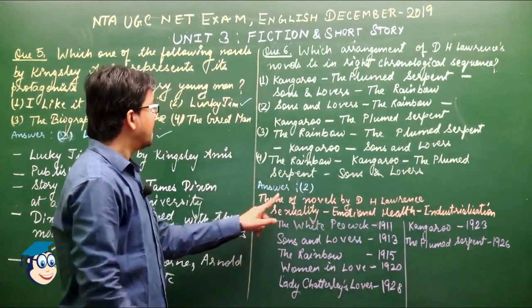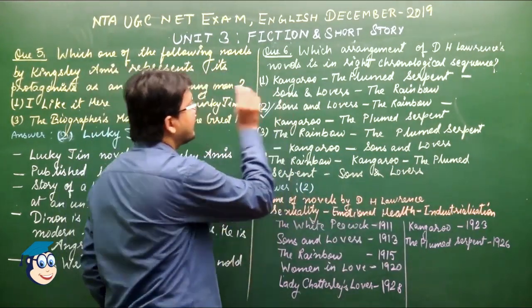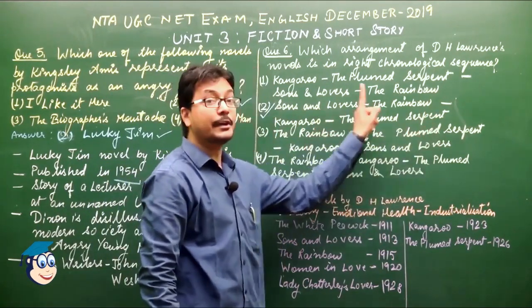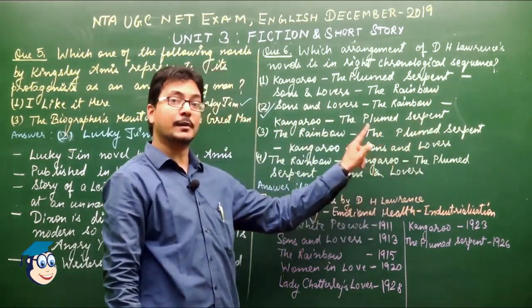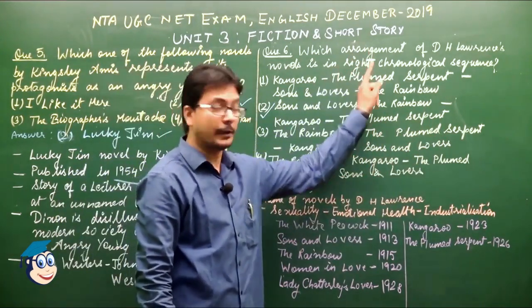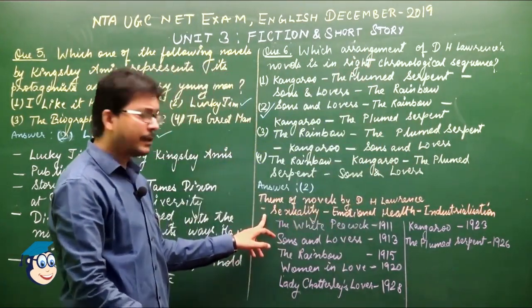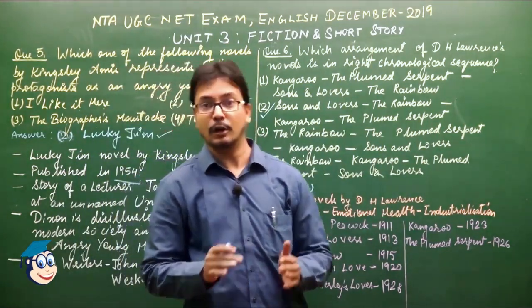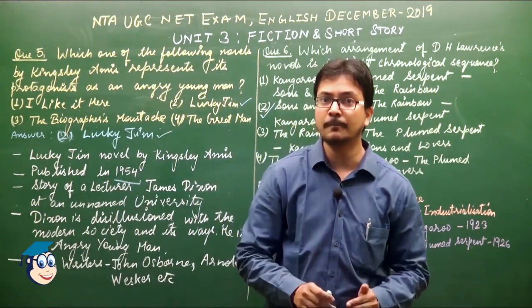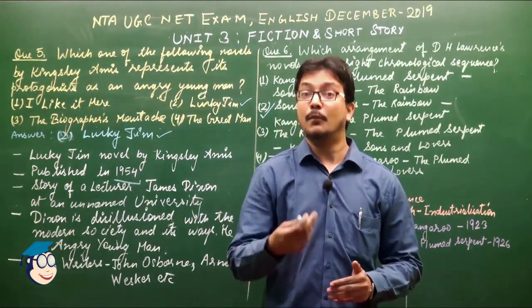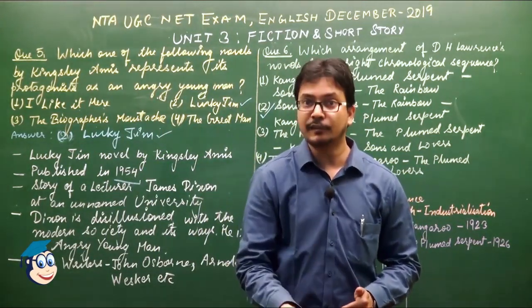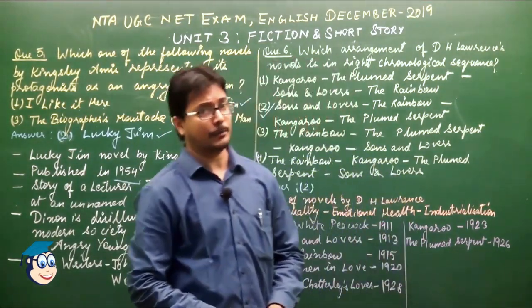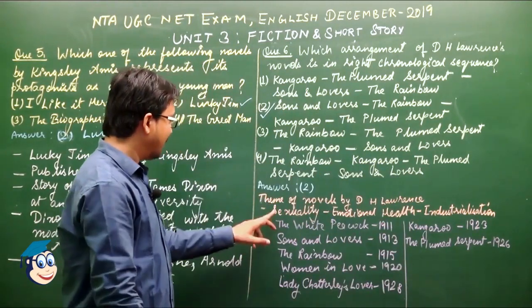If we talk about the correct answer, it means the second one, because all these 4 novels have been chronologically arranged according to the publication year of these novels by D.H. Lawrence. Let's talk about some of the reasons. Whenever we talk about D.H. Lawrence, we are talking about a modern novelist who touched the themes of sexuality, modern problems, industrialization, and emotional values and the vitality of those values in human life and society as well.